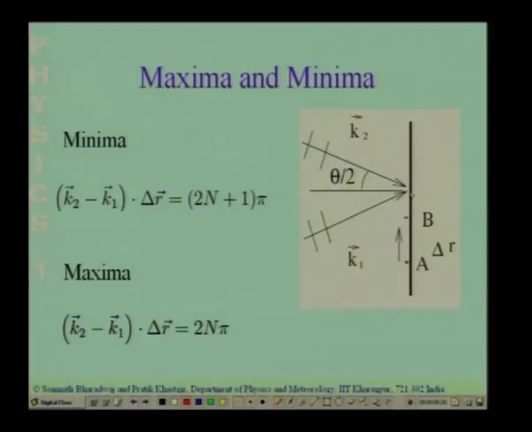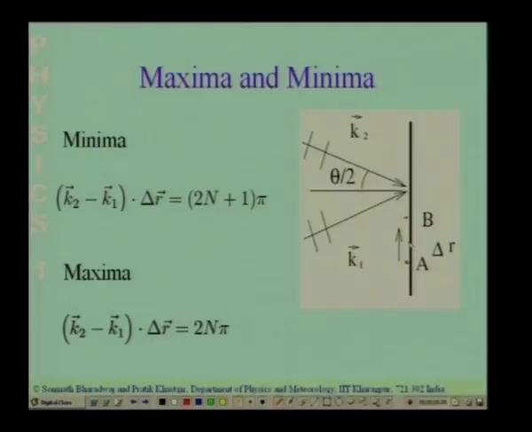Now, at the point A, the two waves had exactly the same phase. As I move away from A, the phases of the two waves start to differ. Now, you will again reach a maxima when the difference is a multiple of 2 pi, and you will have a minima when the difference is an odd multiple of pi, when the difference between the two waves k1 and k2. So, this wave arrives at one phase, this wave arrives at a different phase when I move away from the point A,